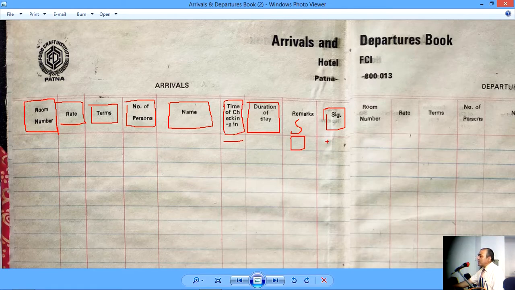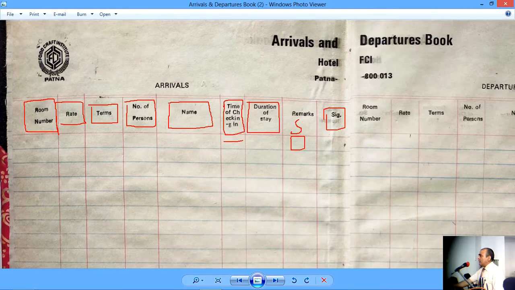And space permitting, we could actually have another column for the signature of the guest as well. So I will leave this confusion here. I think this should be a guest signature, but if there is a separate registration card, then this should be the employee's signature.